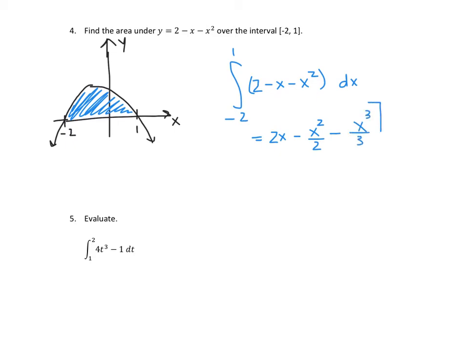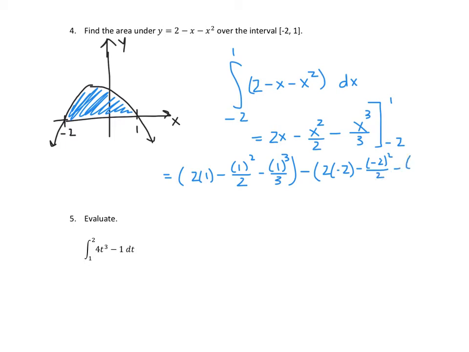And then we're going to take this antiderivative, evaluate it at 1, evaluate it at -2, and take the difference. So here, if we plug 1 into the antiderivative, we're going to have 2 times 1 minus 1 squared over 2 minus 1 cubed over 3. And then next we're going to plug -2 into our antiderivative. So we're going to have 2 times -2 minus -2 squared over 2 minus -2 cubed over